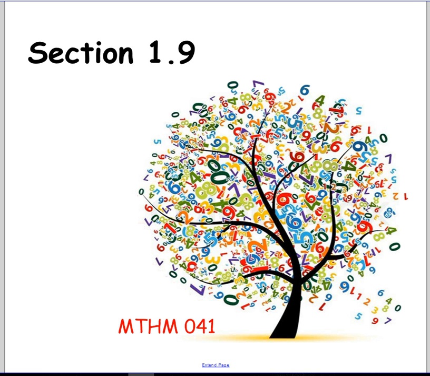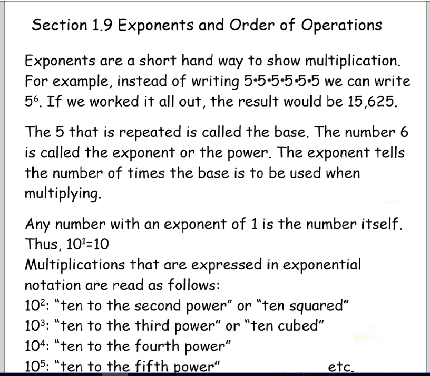In this video, we are going to take a look at section 1.9. 1.9 is looking at exponents and orders of operations. Exponents are a shorthand way to show multiplication. For example, instead of writing 5 times 5 times 5 times 5 times 5 times 5, we can write 5 to the 6th power. If we worked it all out, the result would be